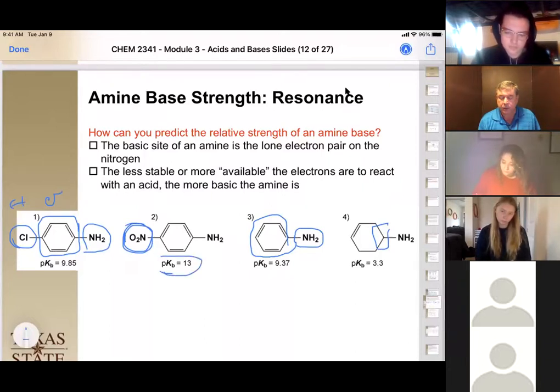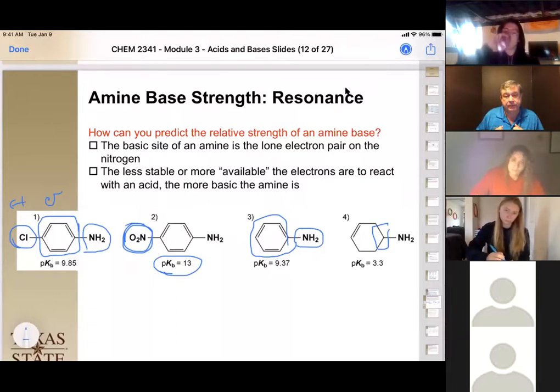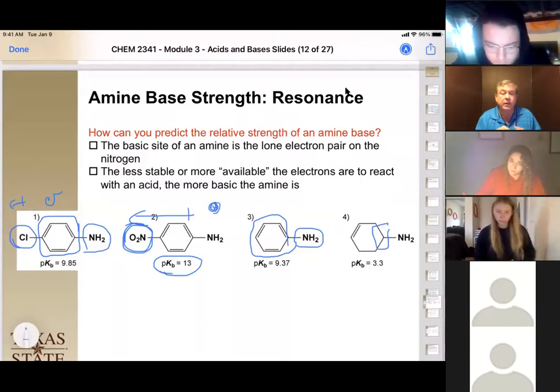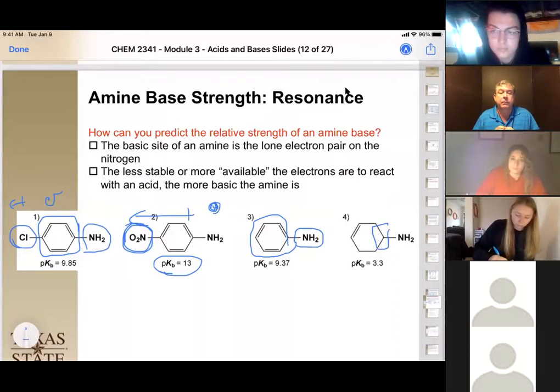And notice our pKb is 13, okay? So that is our weakest base. Because this electron withdrawing group is pulling electron density away, it's making the positive charge that forms with our conjugate acid more stable,